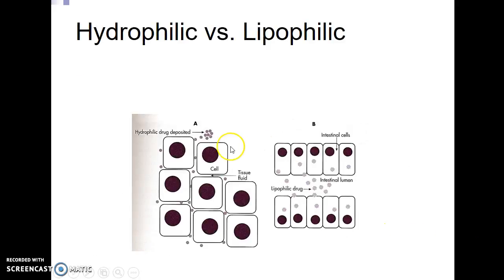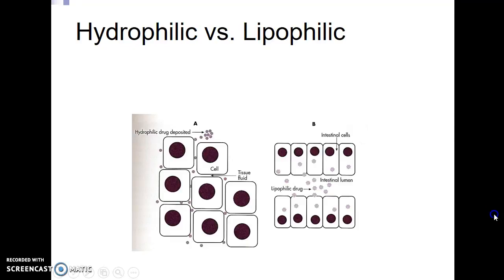Okay, and so this is just a little graphic of hydrophilic drugs. They move in between the cells. Eventually, they get to a capillary and go into the systemic circulation. Lipophilic drugs, this is the place where we want them to be absorbed. It's in the intestinal lumen. They're going to have to move across these intestinal cells, which they can readily do because they can move through